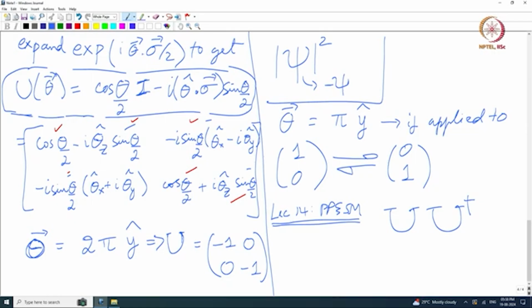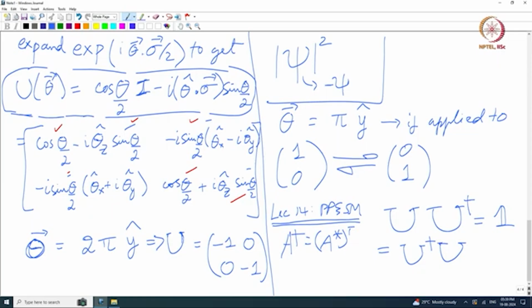You take the complex conjugate of all the elements and then take the transpose, correct. So A dagger is A star transpose, correct. So if you do this, what do you get for UU dagger? You get the identity, right, and you will find that that is also true for U dagger U,